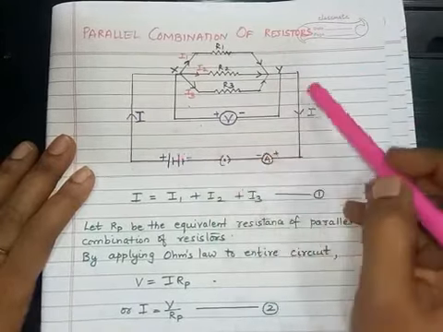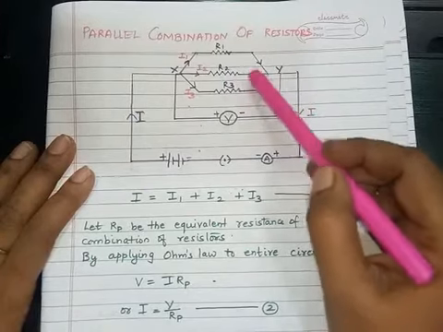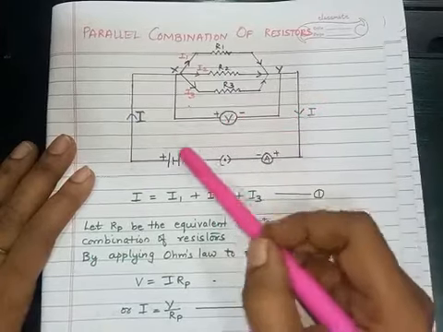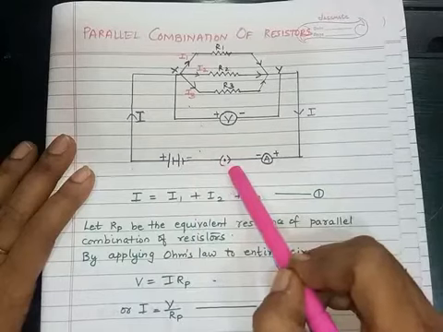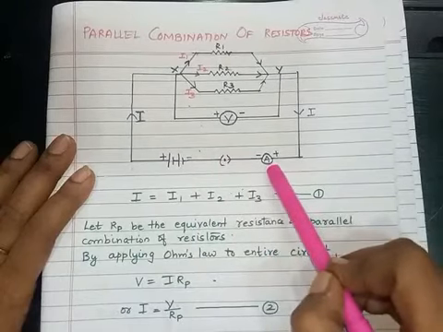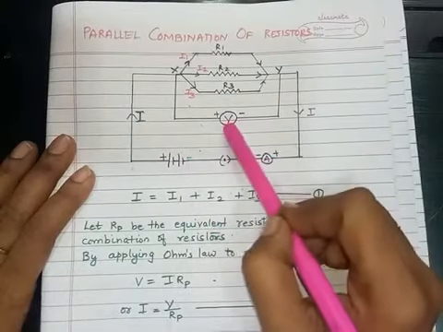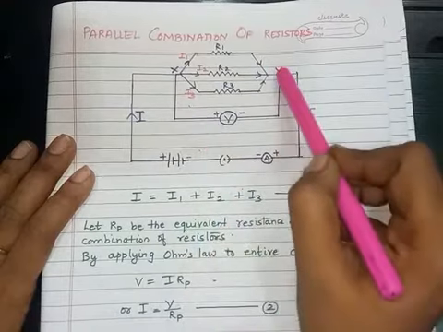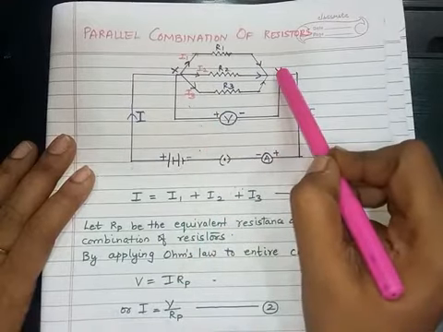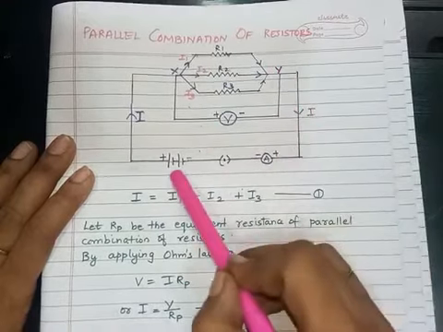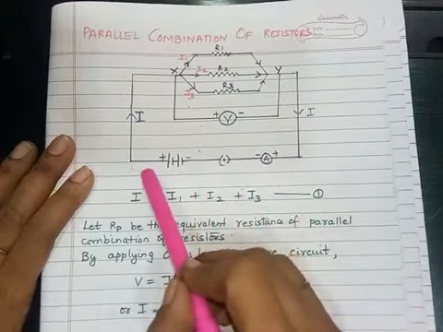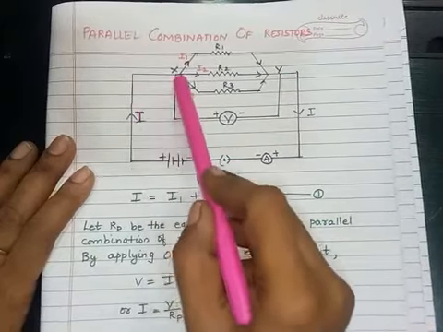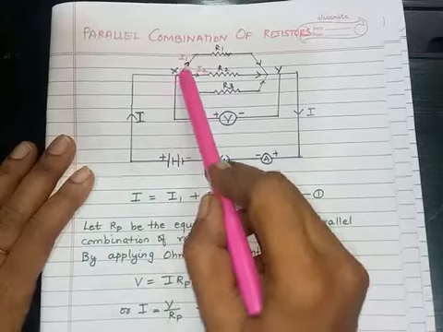Now the remaining is connecting this combination in a circuit diagram wherein you are connecting a battery, a key, an ammeter in series, and there is a voltmeter which is connected exactly across the combination. Now what happens when the battery is connected? You plug in the key, the current begins to flow, and when it reaches the point X, it gets divided